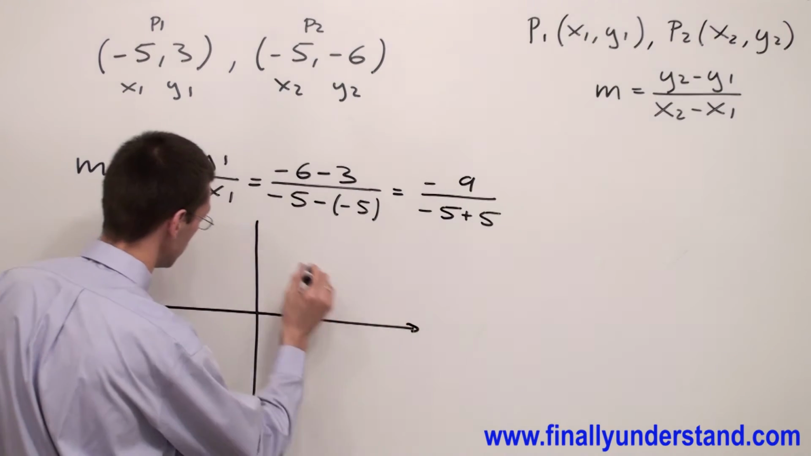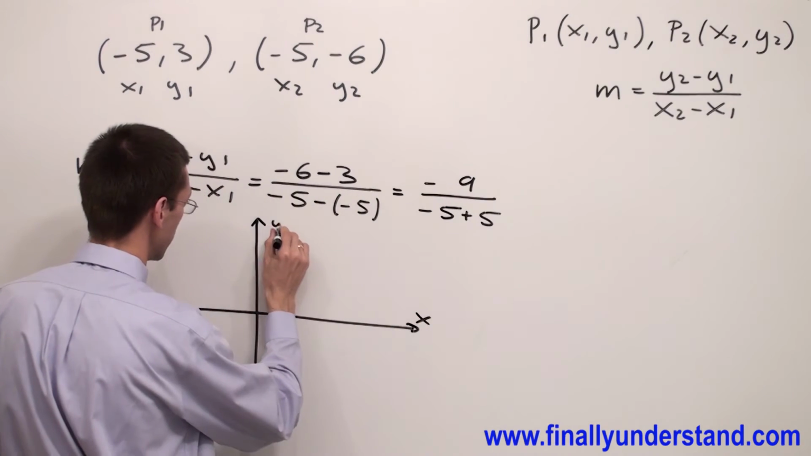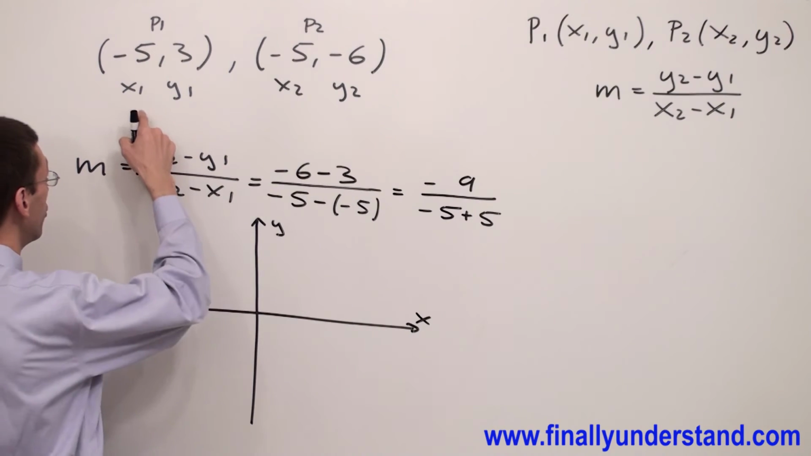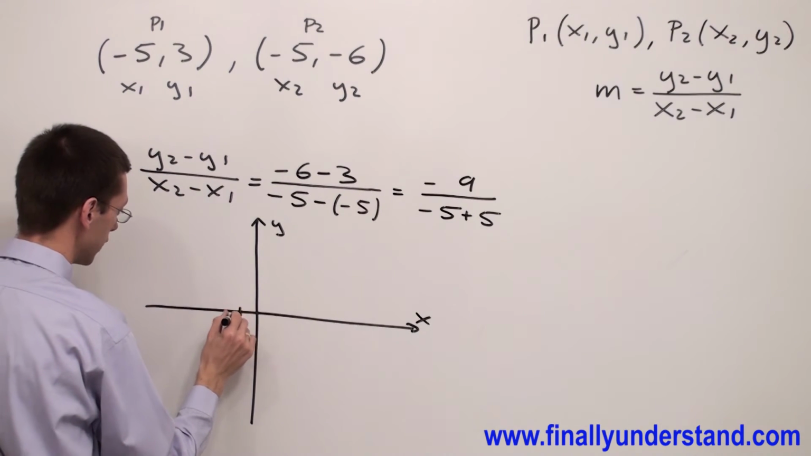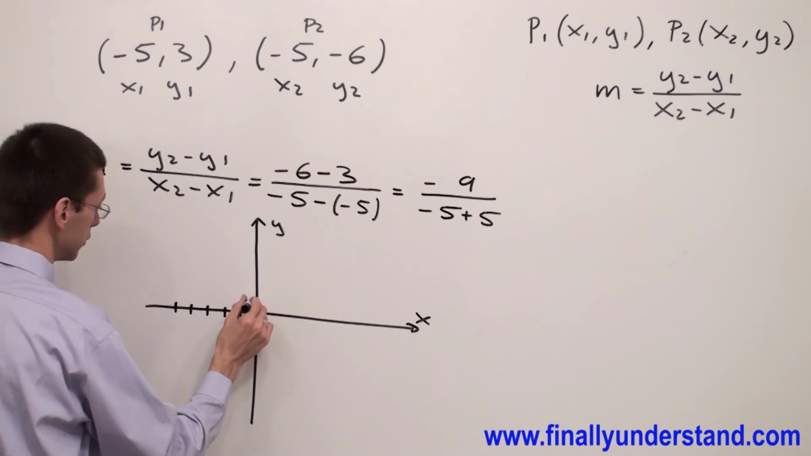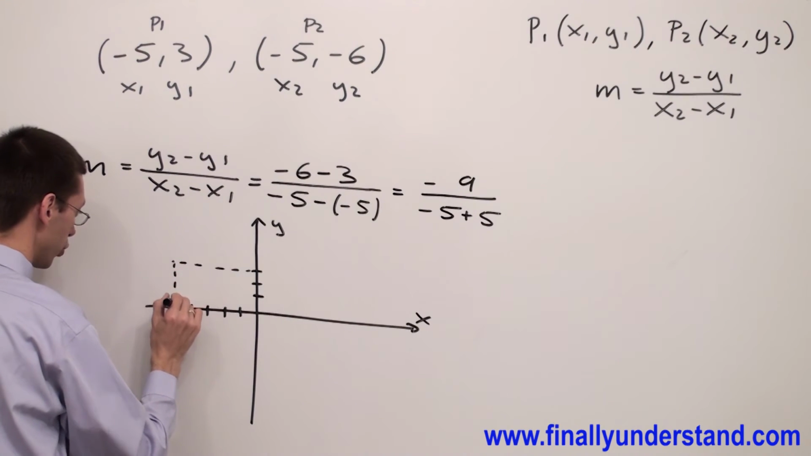Okay, let's take a look at how this condition is going to look on the graph. So this is my x-axis, this is my y-axis, and I have the first point minus 5, 1, 2, 3, 4, 5, and 3, 1, 2, 3. This is my point 1,